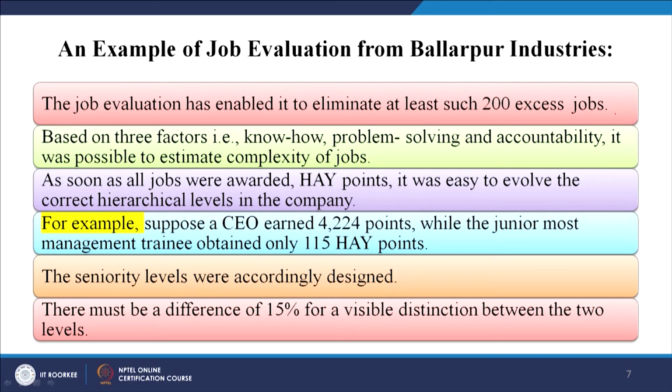Now you see, it is just like the example of GE also. In GE also, what has been done is that a number of jobs have been eliminated, not the persons, but the jobs have been eliminated, because it has been found, with the help of technology or by adopting different methods, that there are a number of jobs which are not required. So, there is no importance of this particular job, and when there is no importance of a particular job, there is no need for providing the training for these particular jobs.